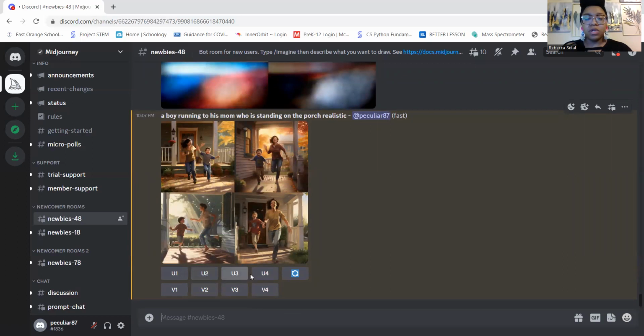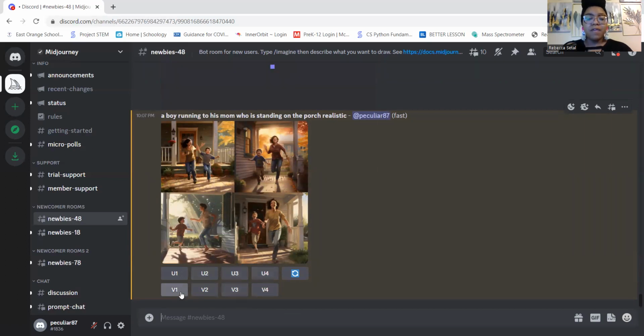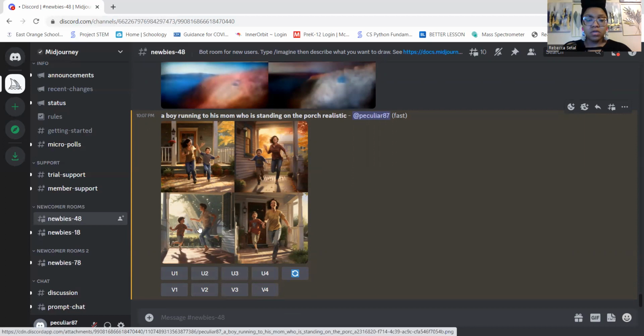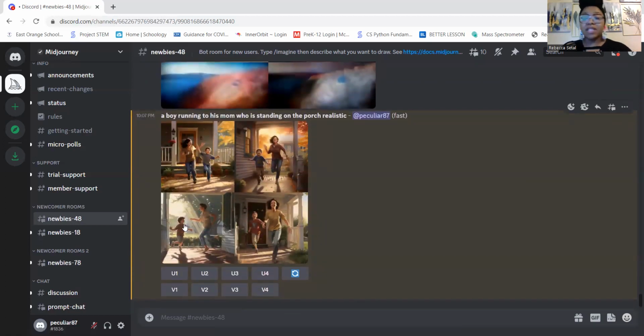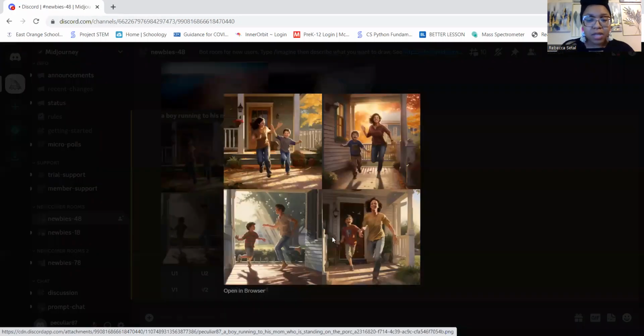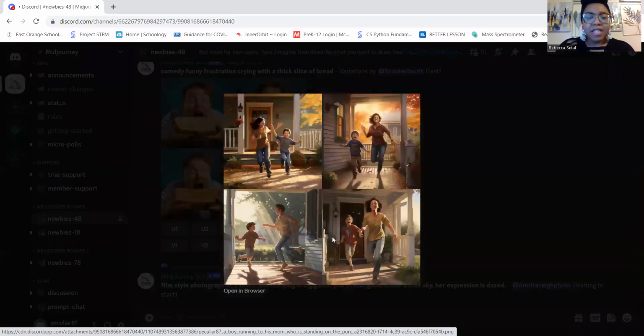U1, U2, U3, U4, V1, V2, V3, V4. The U1, U2, 3, and 4, it goes in order. So it's 1, 2, 3, and 4. And when you pick a U, it just individualizes that one picture. So this is when I click on the image itself, if I expand it,